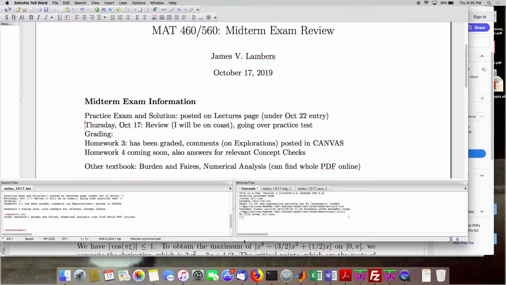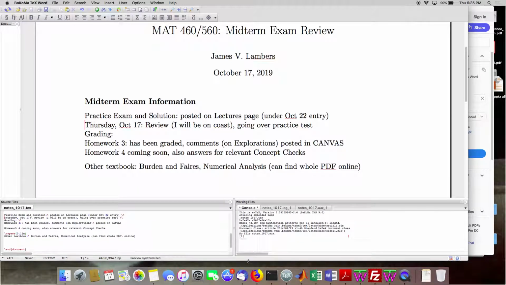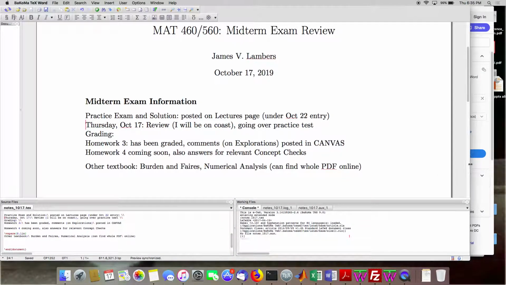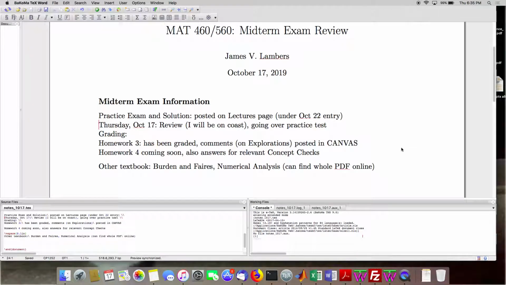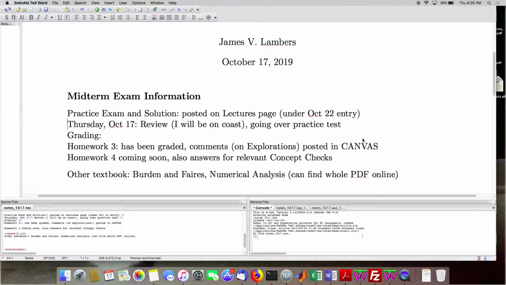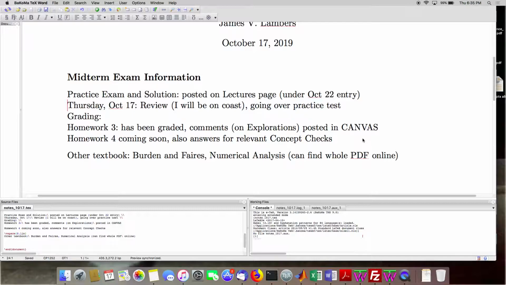Okay, so today we have one purpose only, and that is to do what we can to get you all ready for the test coming up on Tuesday. So, repeating the information that was posted before,